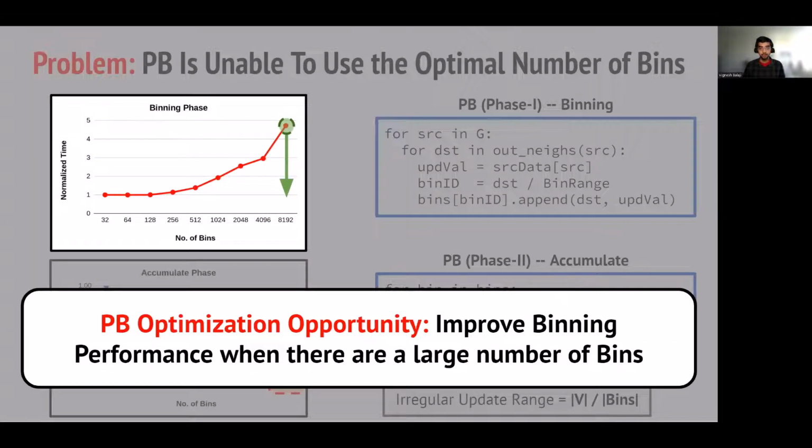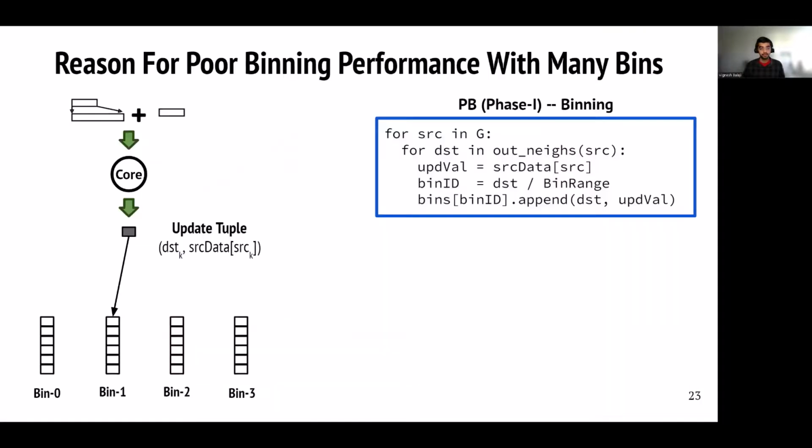So the key insight of our work is to improve propagation blocking performance. We essentially target improving binning performance when there are a large number of bins. Using architecture support, we want to eliminate the binning tax of propagation blocking. So to understand why binning performance deteriorates when there are a large number of bins, we need to introduce an